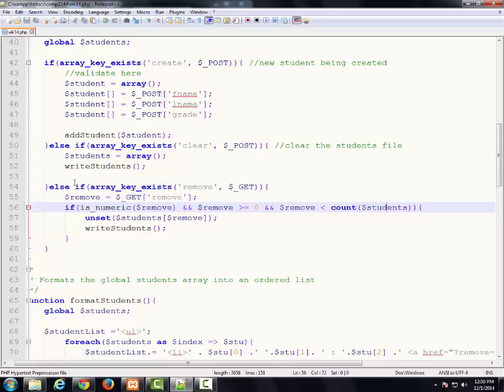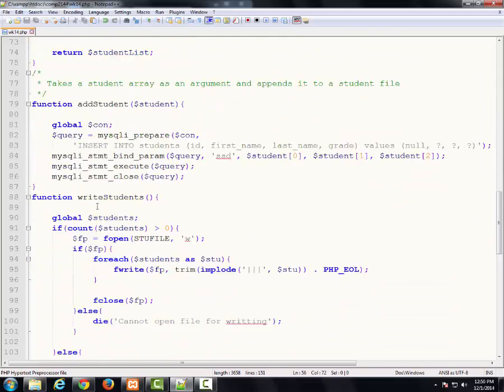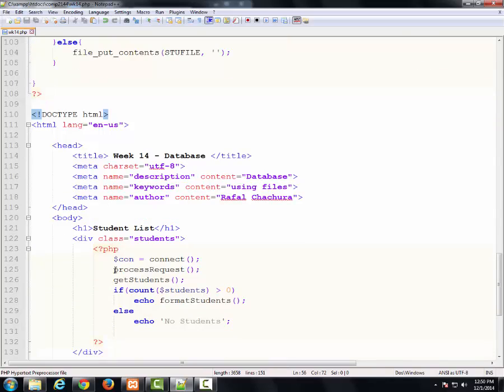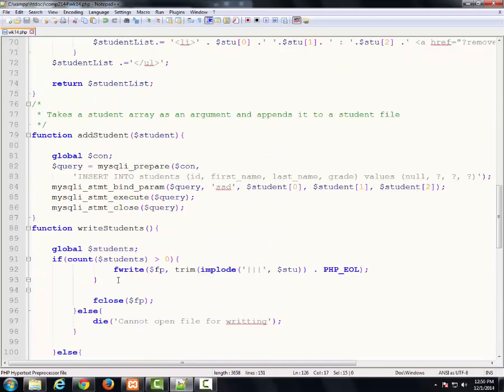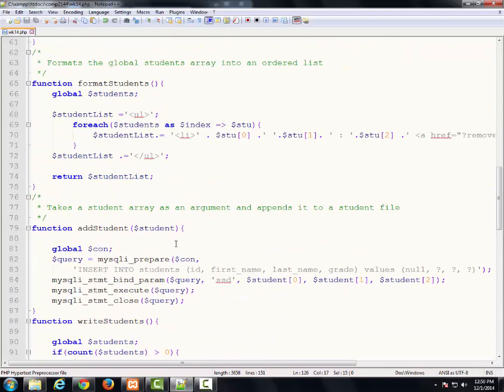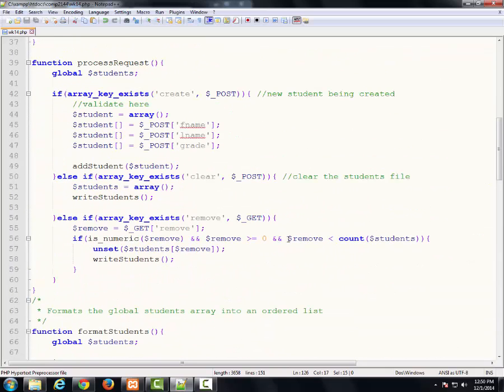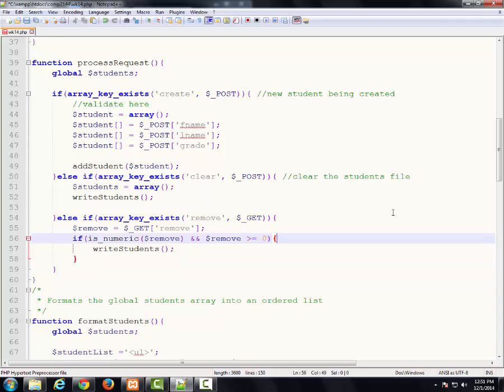But we're not reading the students before we call this. Remember, we're first processing the request, and then we're getting the students. So the students array isn't populated now. Moreover, the indices aren't related to the array anymore. They're related to the database. So I only need to perform 2 checks. If it's numeric and if it's greater than 0. Those are the only 2 things I need to know. I don't have to modify the internal array because I haven't read it yet. All I have to do is